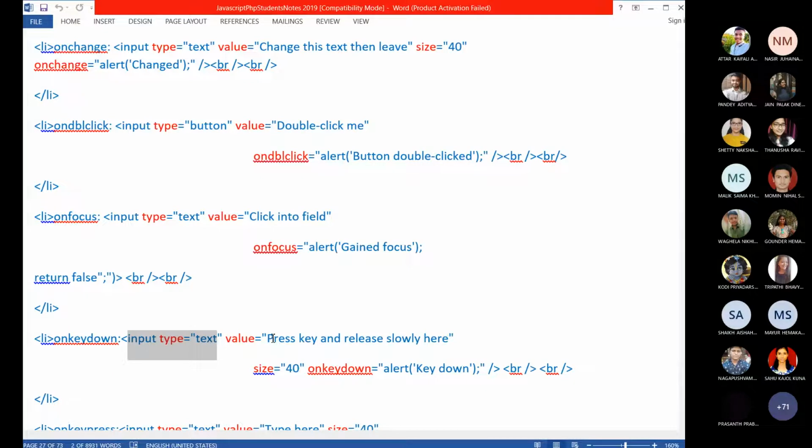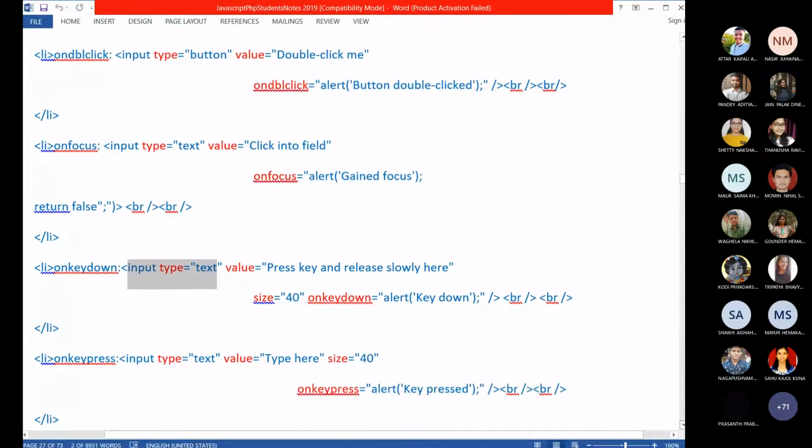You should not say click, when you press, button means press. When you press the key and release, the moment you release the key, the event will be triggered. That is on key down. So you will see the message key down.